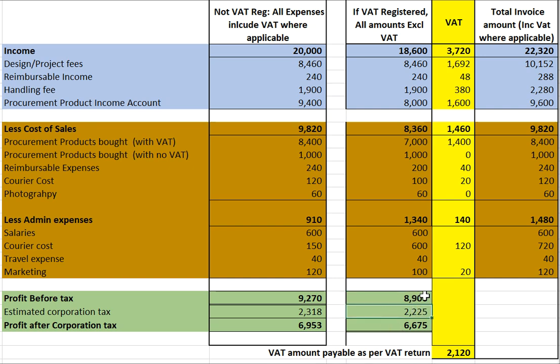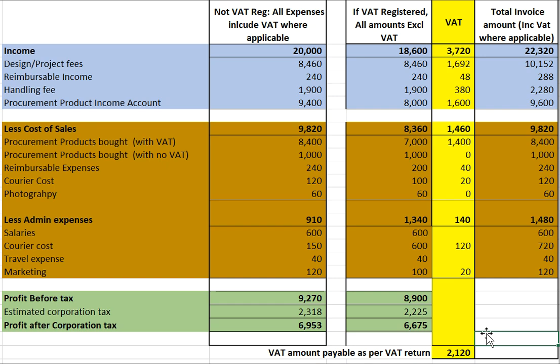So same formulas apply. This control account, the VAT control account, is something that is normally kept in your balance sheet, in your books, and it will summarize all the VAT received from your customers. It will deduct all the VAT paid to your suppliers, and when you need to do a VAT return, it will summarize that all for the period, and it will work out how much VAT needs to be paid over to HMRC. So in this example, if you take VAT received, less VAT paid, you see, okay, you have received a total net amount of 2,120 VAT, and you've got to pay that over to